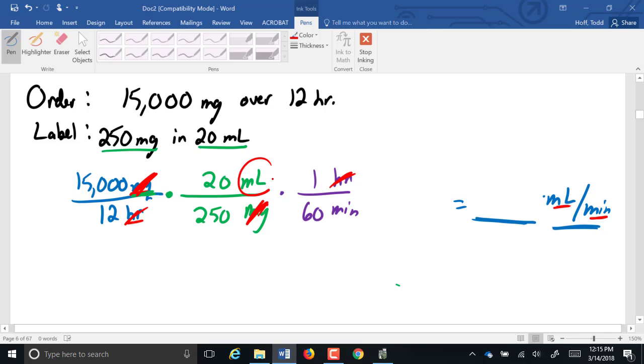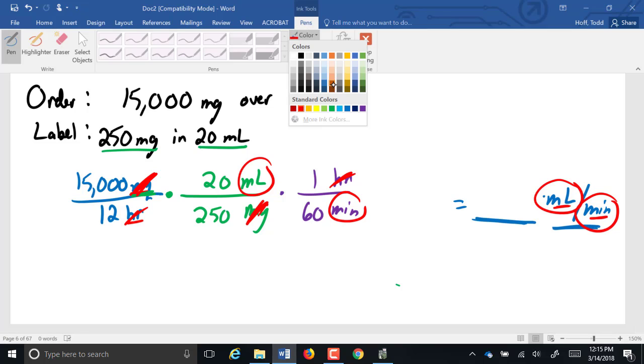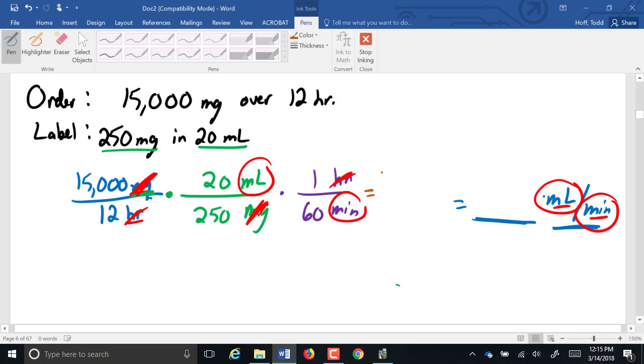And what we have for units, we do have milliliters on top and minutes on bottom. That's what we want, milliliters per minute. So it's a matter now of multiplying them out and reducing. So 15,000 times 20 is 300,000. That's in milliliters. Over 12 times 250 times 60. Well, 12 times 250 is 3,000 times 60, I believe, is